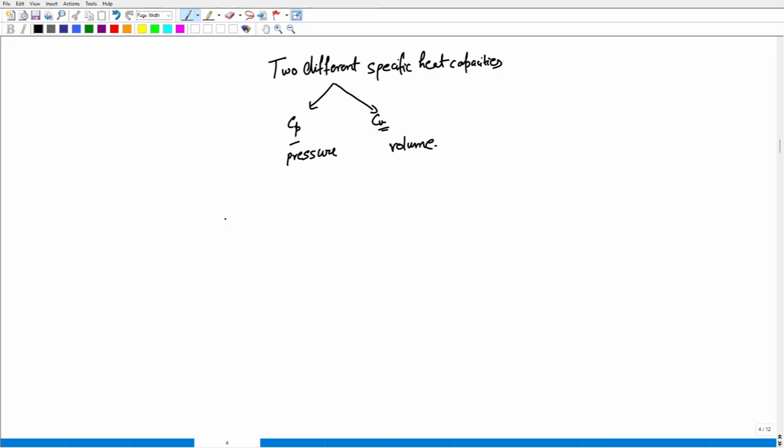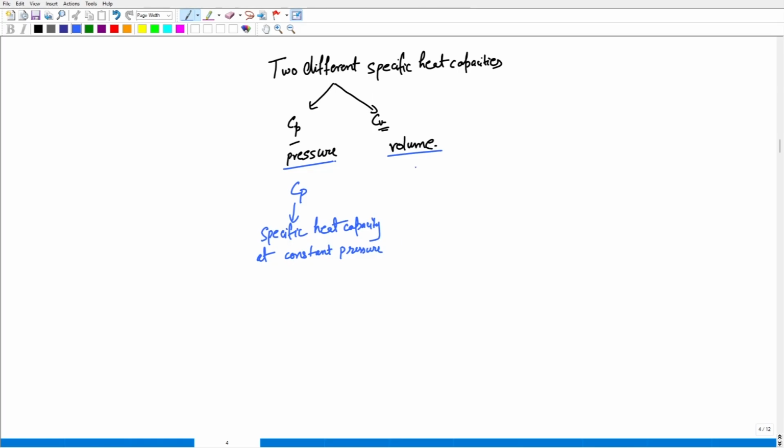So Cp means specific heat capacity at constant pressure,